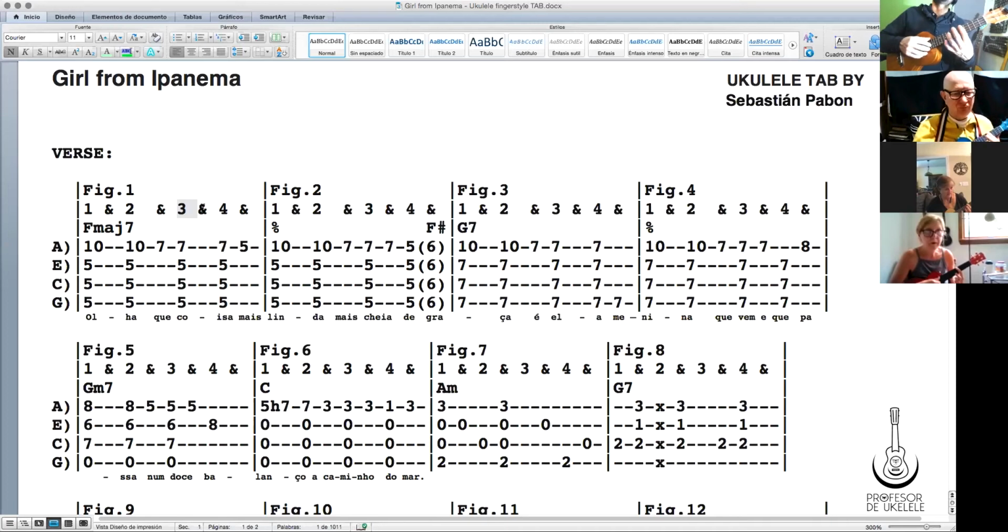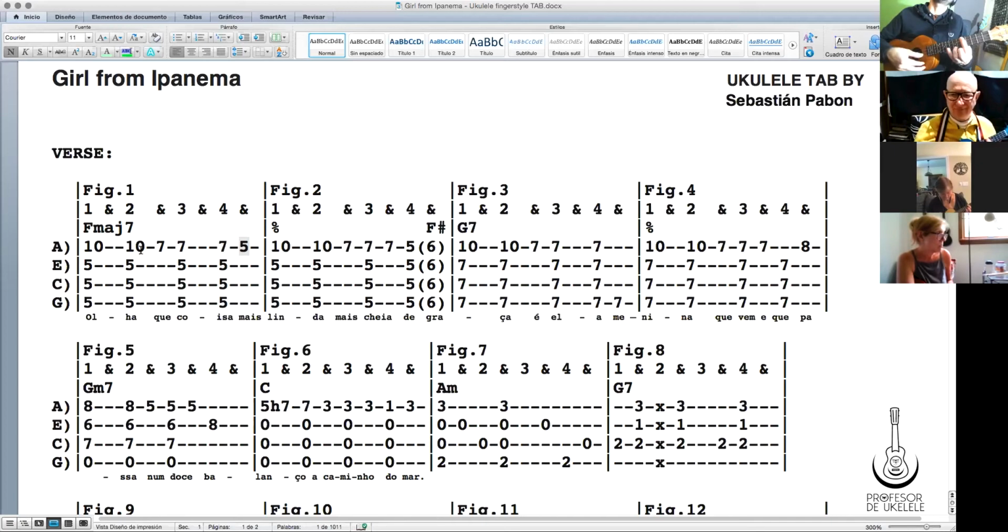Okay, so that's figure number one. Any questions so far? Okay, so as you might notice, this is an upstroke and this is an upstroke. And when I do upstrokes, I don't know if I said it before, I don't play the 4 strings as in a downstroke. When I play a downstroke, I do play the 4 strings, but when I do upstrokes, I play only